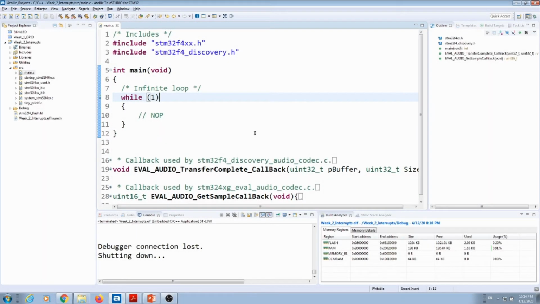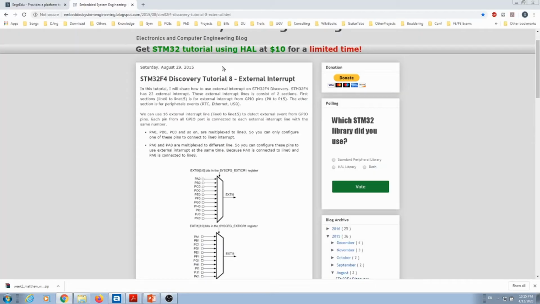Let's cover how we parameterize the board to work with interrupt routines. I already created an empty project on Atollic, and I have my main function here, and I deleted everything else that I don't need. Before I keep going and explain the next steps, I just want to cover really quick that there are